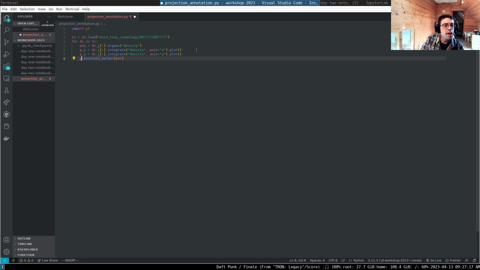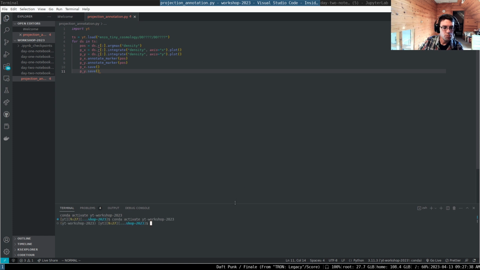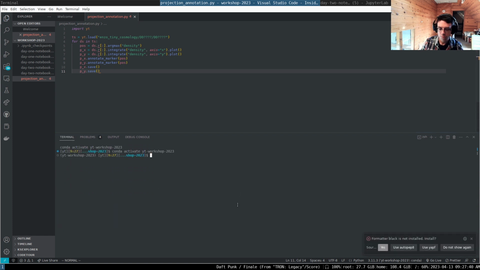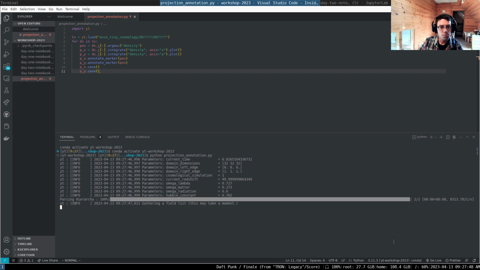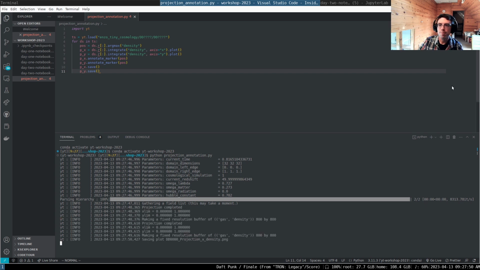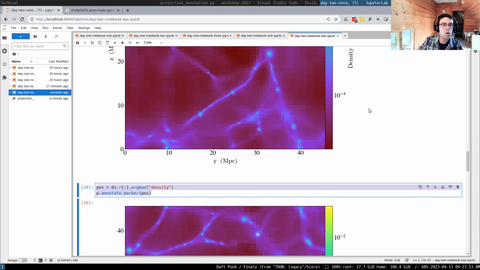We'll say px annotate marker pos, py annotate marker pos, px save, py save. And now I'm just going to let it run. While that's going,